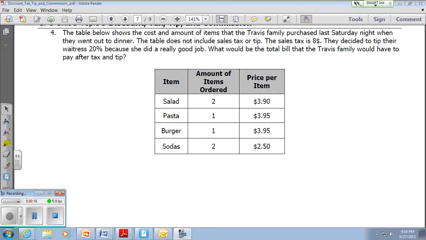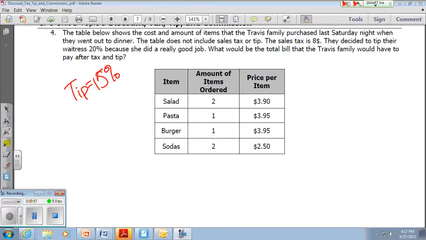Usually we give a 15% tip. That's just what's typical in our society today. If you work at a really fancy restaurant, you get 15% of the total food bill. If you work at Texas Roadhouse or just restaurants we go to all the time, you get 15% tip. Waiters and waitresses usually do not get very much money per hour because a lot of their income comes from tips. So 15% is usually what's acceptable to give your service person,